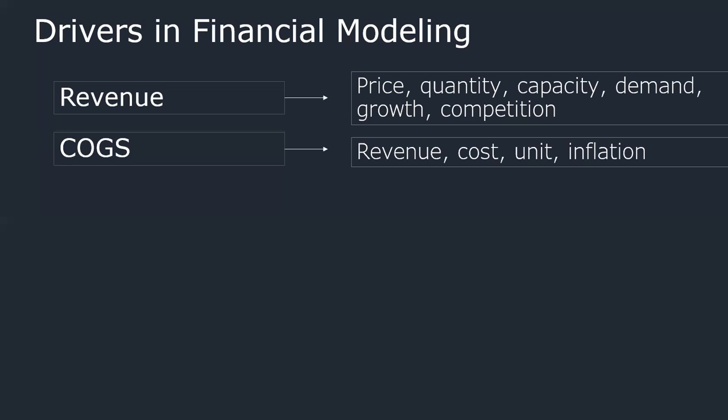Yes, for a company you cannot break down, you set it up: my cost of sales will be a percent of my revenue. If you can break this down, then you have your cost per unit and the number of units. You factor in some inflation because of the time value of money, right? There are some corporate financials that you can also work back from to get their average price and average quantity.